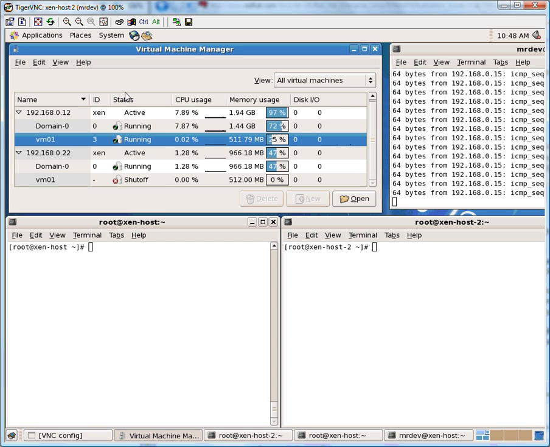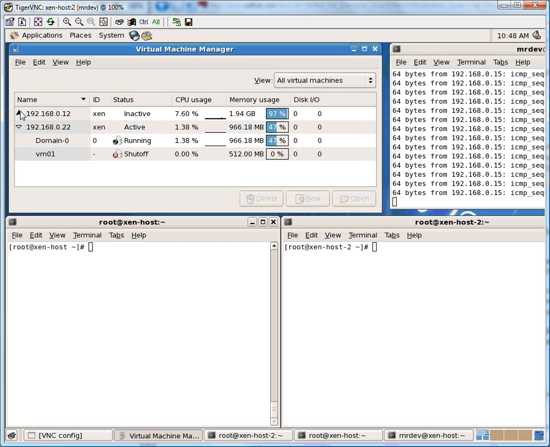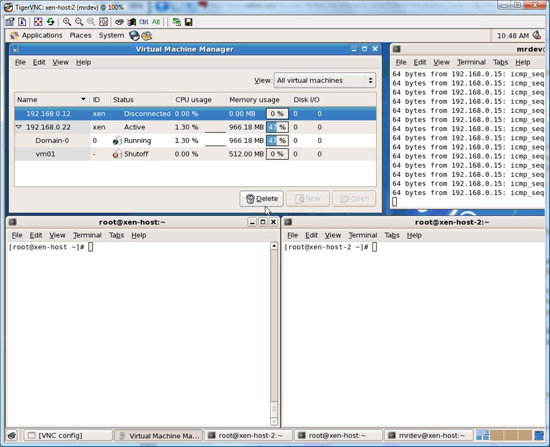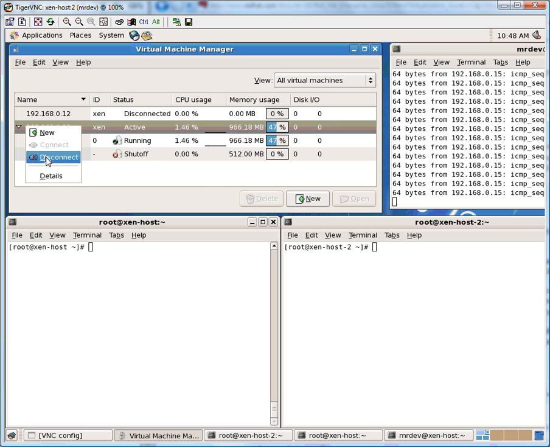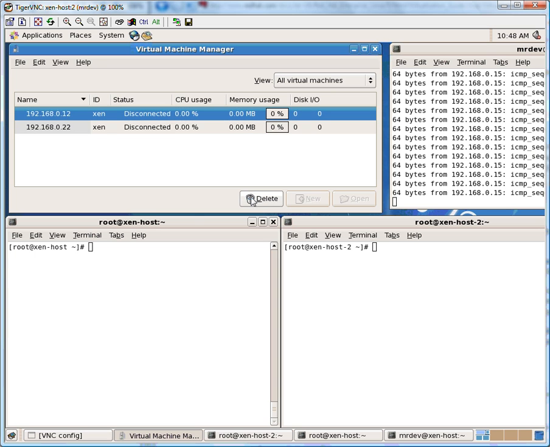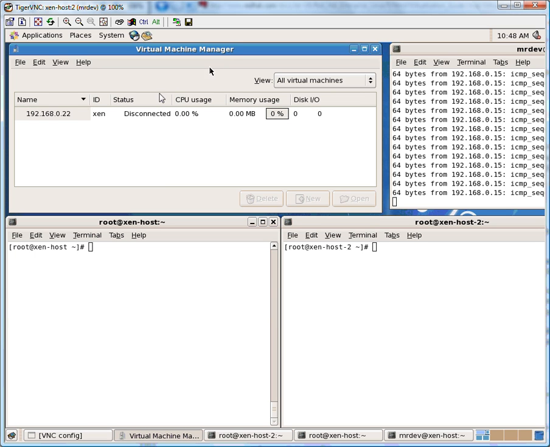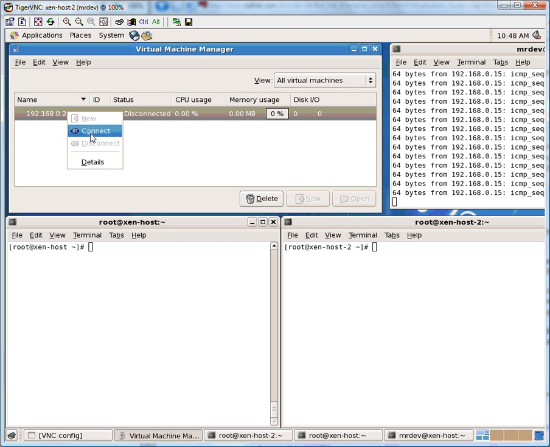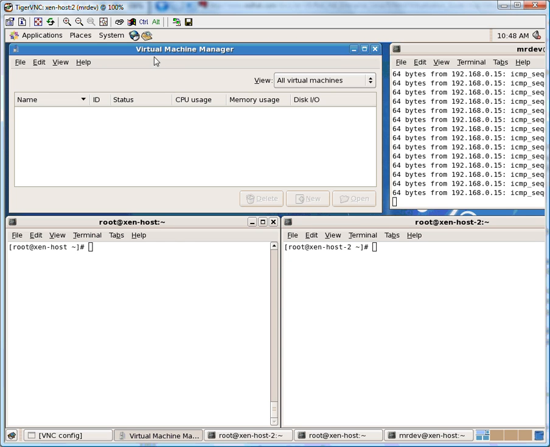For example, if I want to, I can disconnect this one, and this one. I can remove both of them from this manager. With the manager, you have to add the virtual host to manage. But for example, I'm just showing you this virtual machine manager can be anywhere. It could be my personal desktop. I just install the virtual machine manager, and then suppose I want to manage a remote virtual host, what I just have to do is